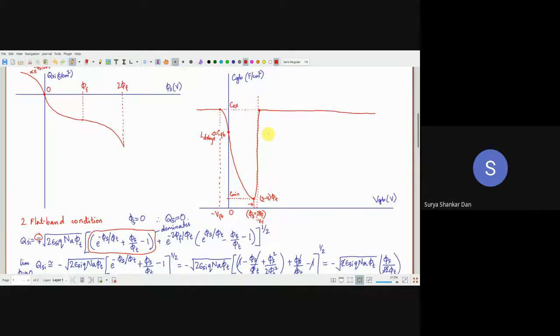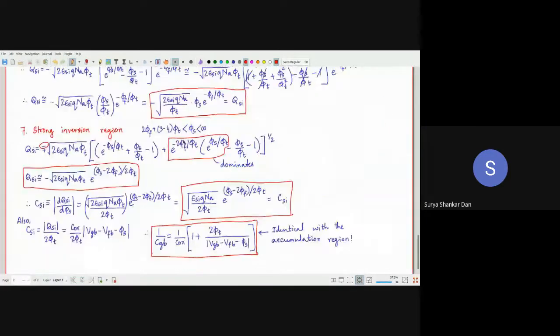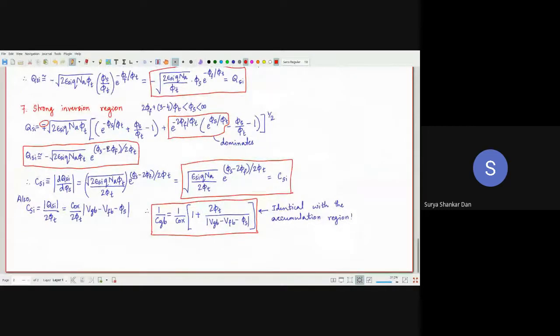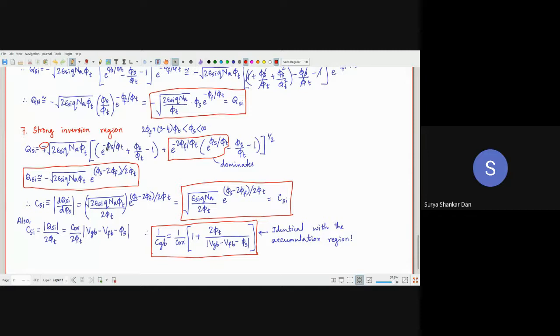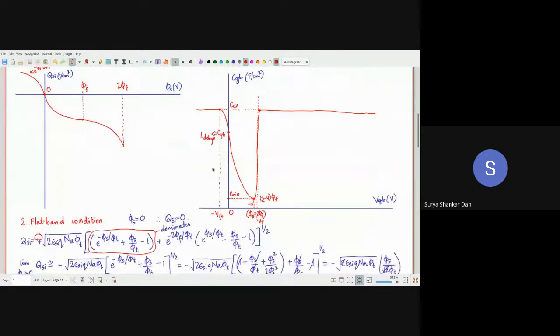Got it? So in terms of the charges perspective, just come over here, strong inversion, this is phi s minus 2 phi f. So here also it will be e to the power of 3 to 4 phi t. So e to the power of 3 to 4 phi t, if it is 4 phi t, then 4 phi t by 2 phi t is around 2 phi t, right? e to the power of 2 phi t. So clearly it is an exponential term, right? So this will essentially grow exponentially, but in the negative direction, obviously.